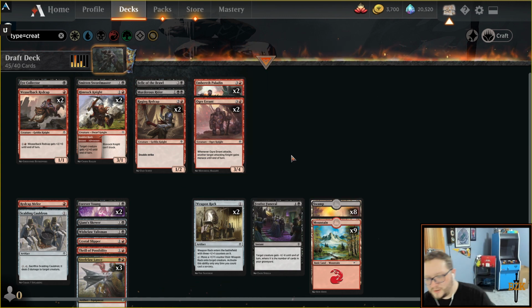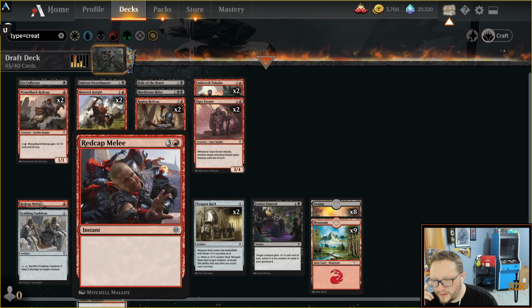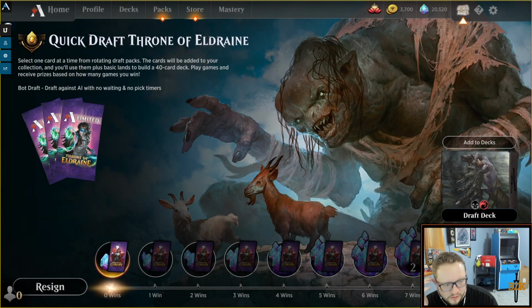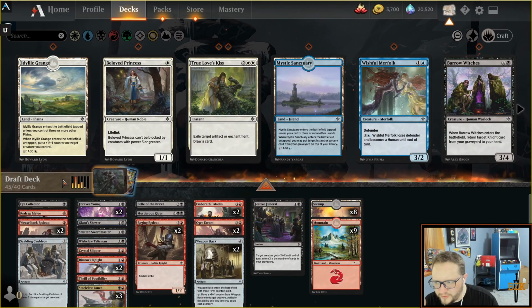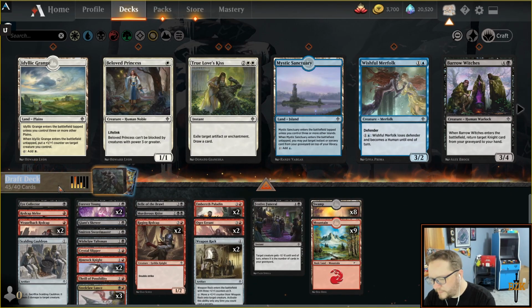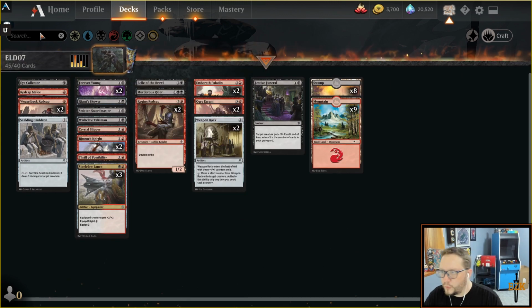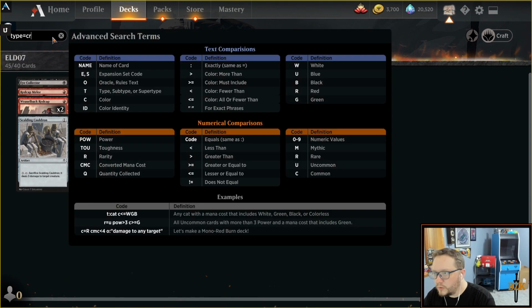All right. So if I had to get rid of 5, what do I have for removal? Oh, man. Okay, we have to come back into this because the cards got glitched. And let's name this, too. This is Eld. Let's see, 06 was last night, so 07 is today. And if we do type equals creature...